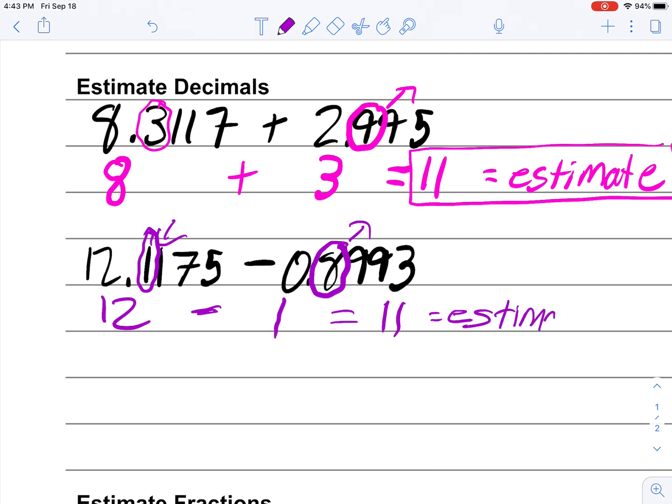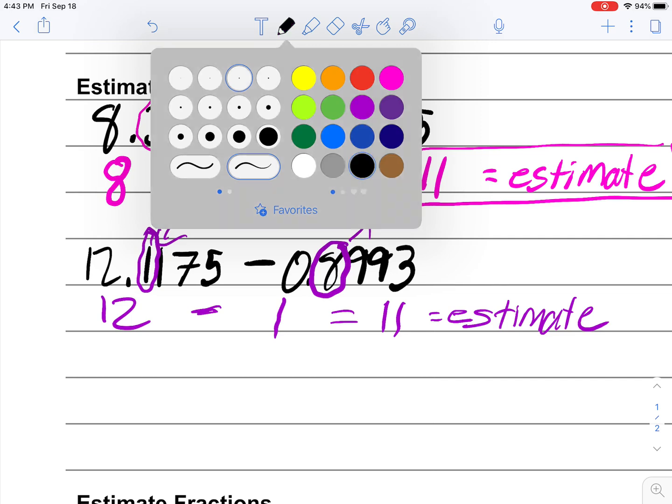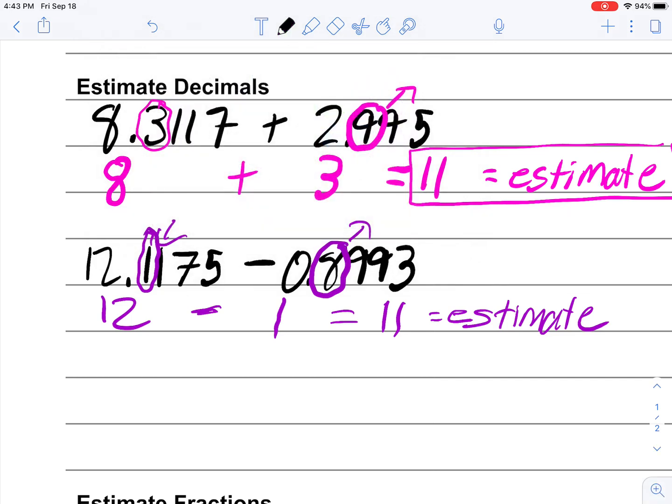Again, we're not trying to find the exact answer. For this, we're just finding an estimate. Okay? I'll do one more example with decimals. And again, if you want, you can pause the video and do it on your own. The problem this time is going to be